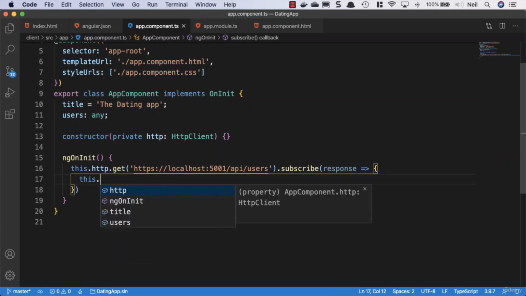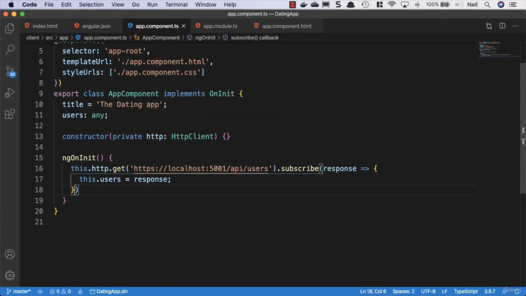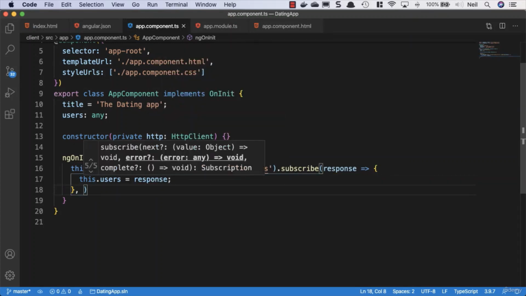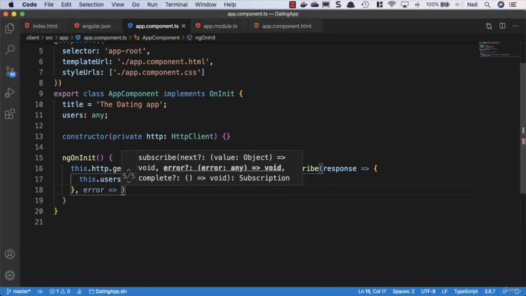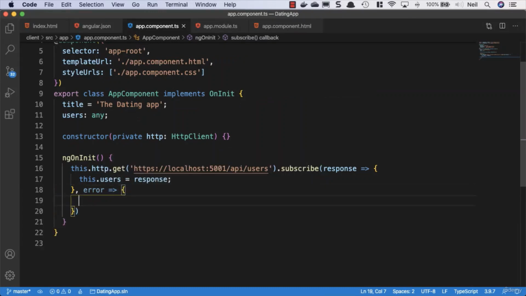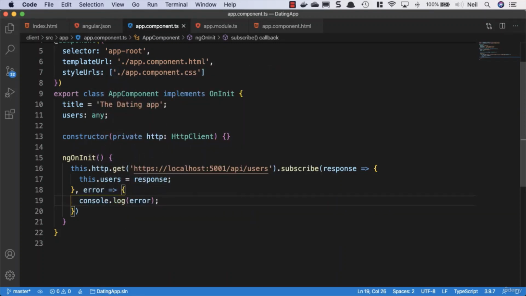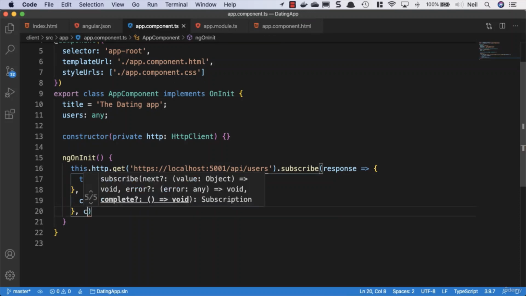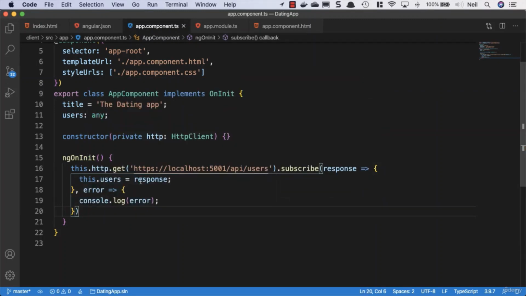So what we'll do is we'll say that list.users equals response. And what we'll also do is we'll handle the next part. So after the closing curly bracket, we'll specify error. And once again, we need to give this a function as well. So once again, we'll use an arrow function, and we'll simply log out any error to the console by saying console.log and then the error. Now, there is a third part to this that I did mention, and we could do something when it completes, but we're not going to do anything with that